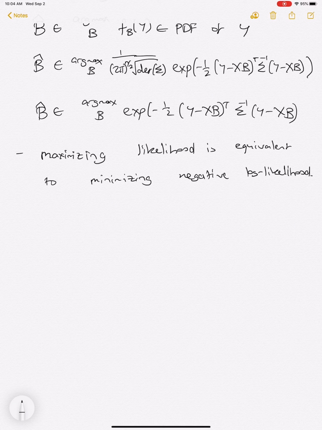And what we'll see is that negative log likelihood often has a lot of useful information. We're going to do that a lot in this course, where the negative log likelihood actually contains a lot of information. So often if we do maximum likelihood, it's more convenient to see this through minimizing negative log likelihood. That just means that we take the log, which means the exponential goes away, and then just take the negative of that. So the negative here will go away, and so we get that this gives us